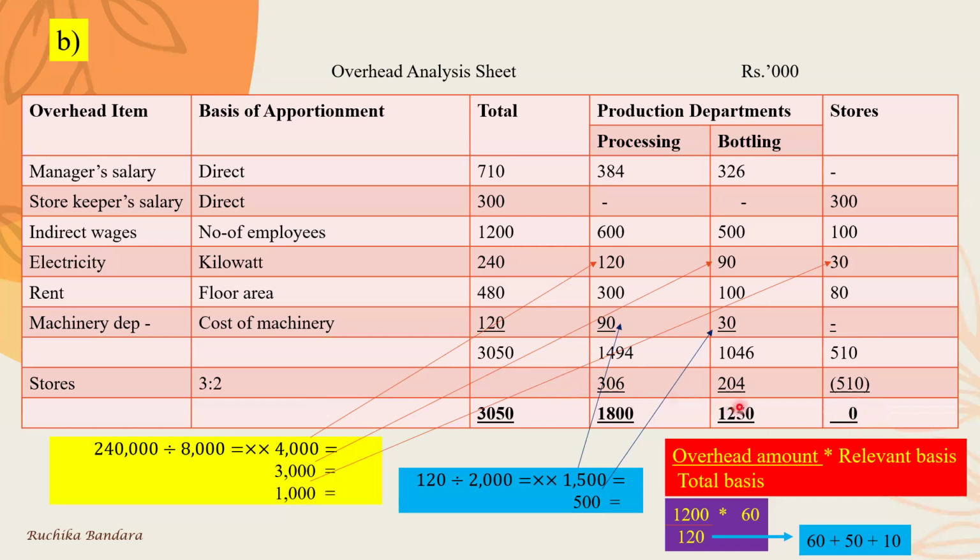So this is the ultimate answer. For the processing department, it's 1,800 without zeros. For the bottling department, it's 1,250 without zeros. Roman number 3: the processing department absorbs overhead based on machine hours and the bottling department absorbs overheads based on the